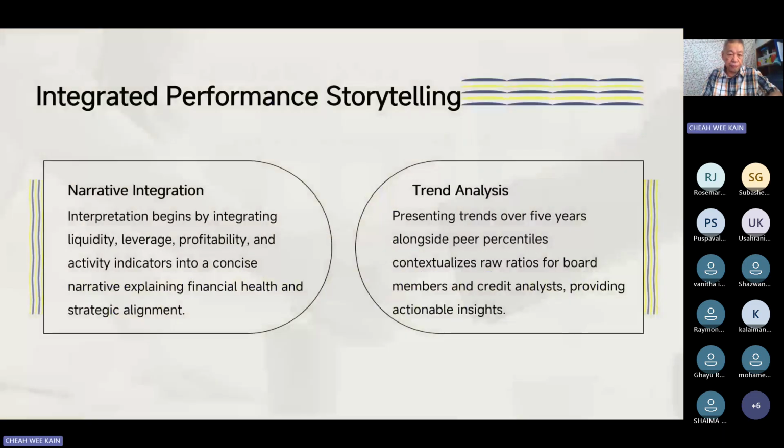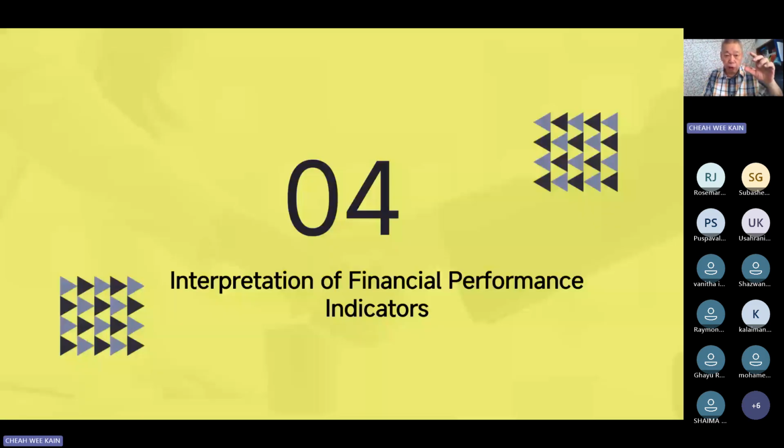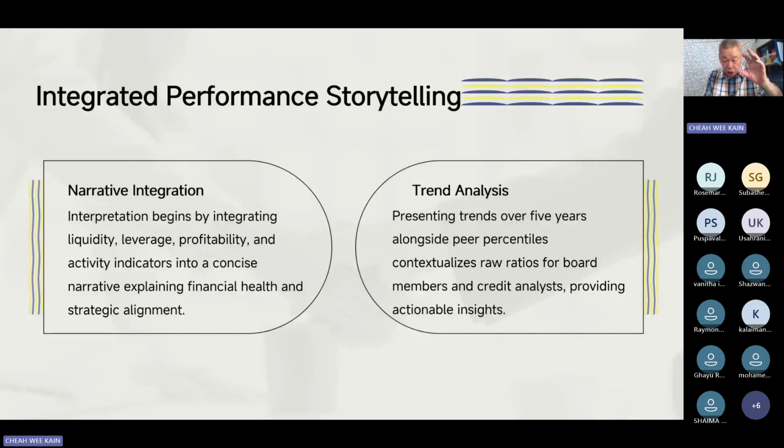Okay, here, financial performance indicator. Look at the ratio. It will help you to know which ratio is having problem. Okay, which ratio having problem. So you can say maybe you're good in supplies, but you're very bad in salary. You know, so you need to go and check what's going on.